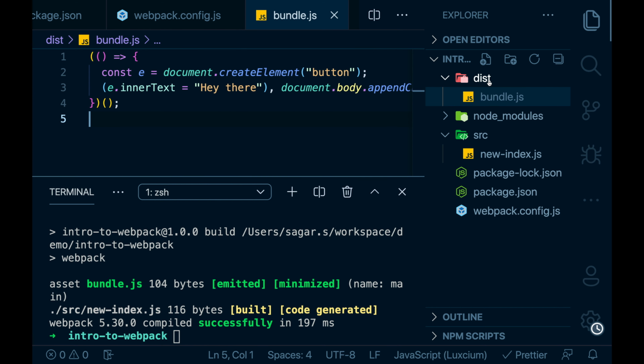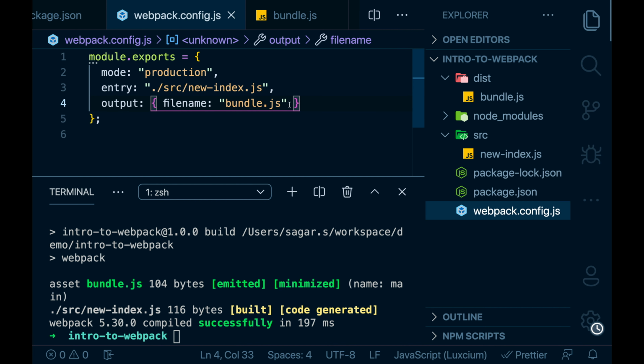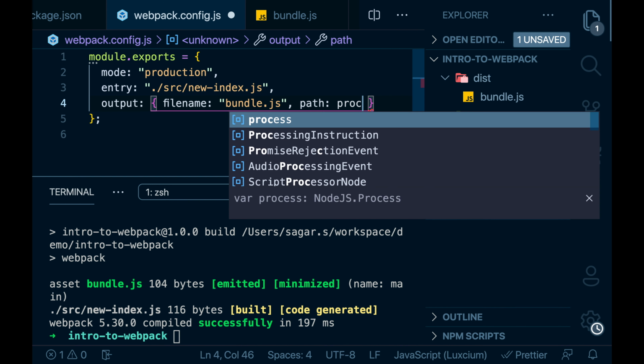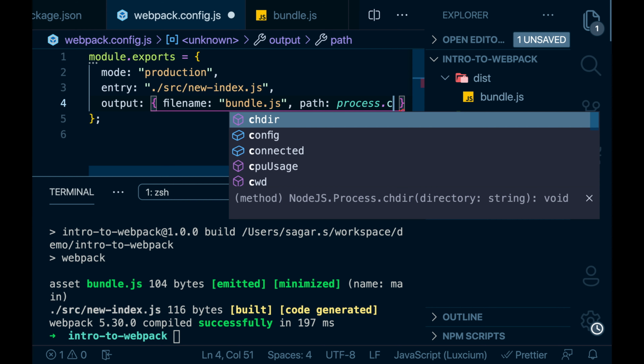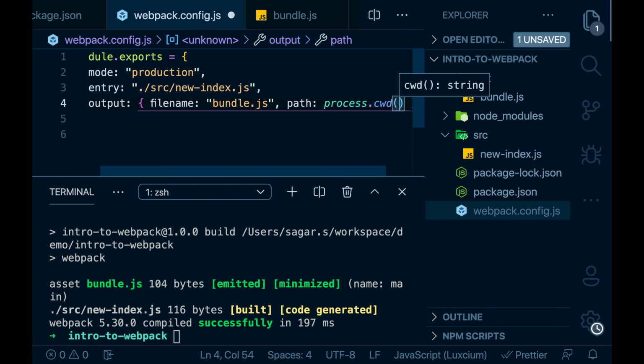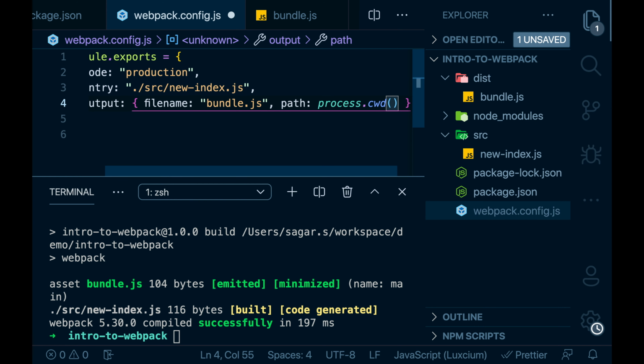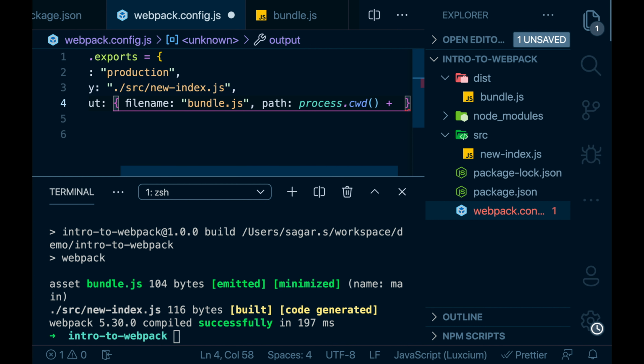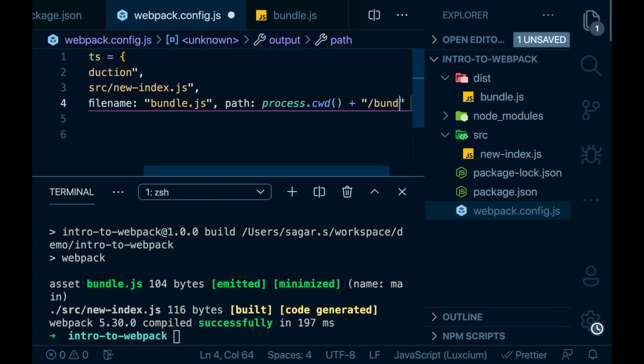Let's rename the folder as well. In config file, I'll add a new property named path and provide absolute path. I can make use of process.cwd to get the current working directory and append /bundle to it.